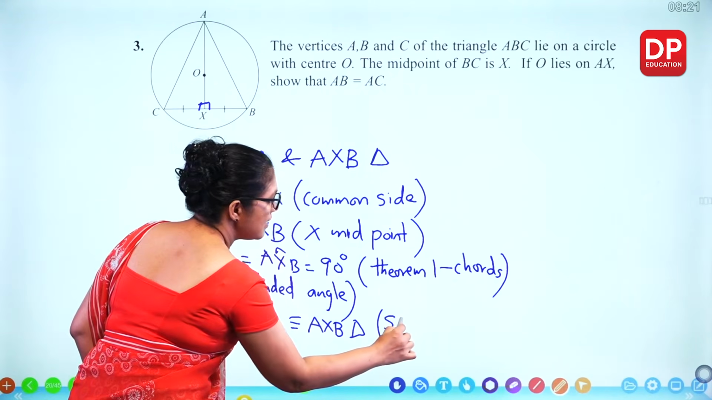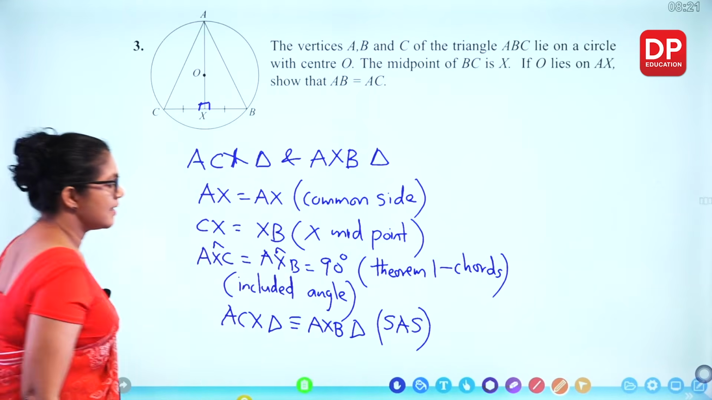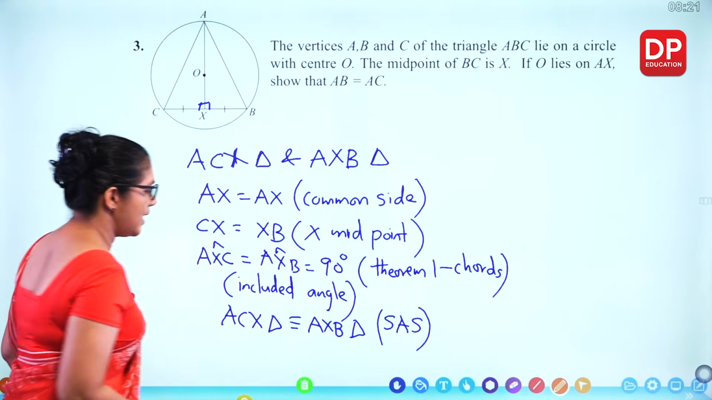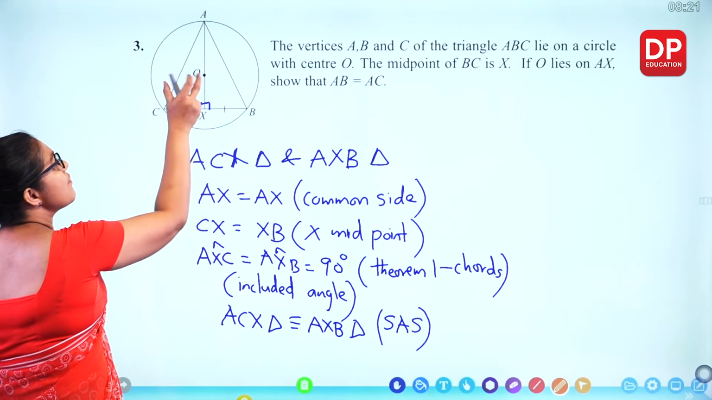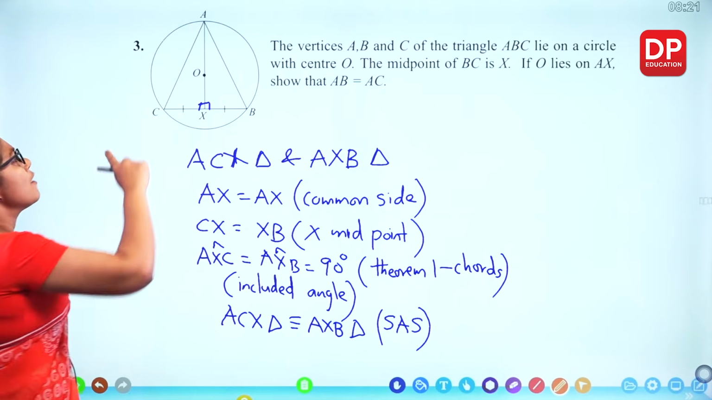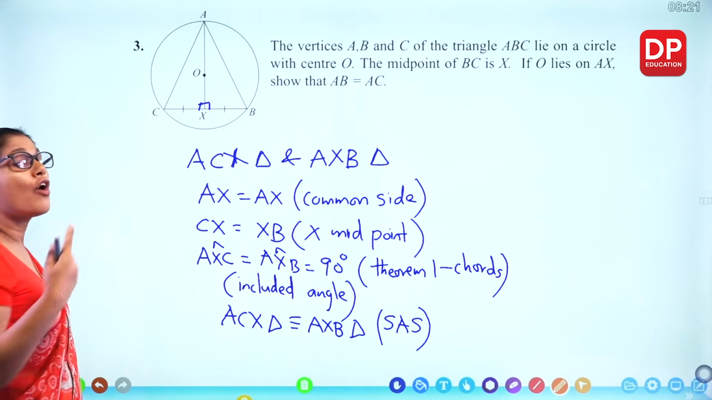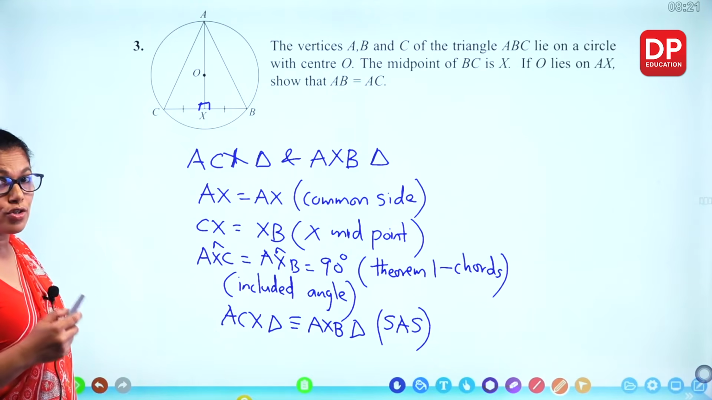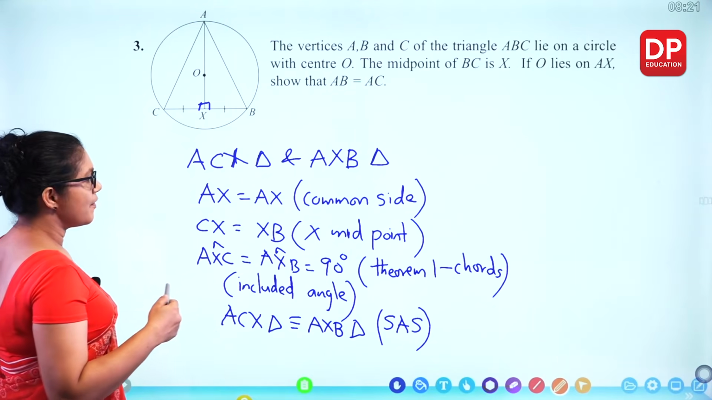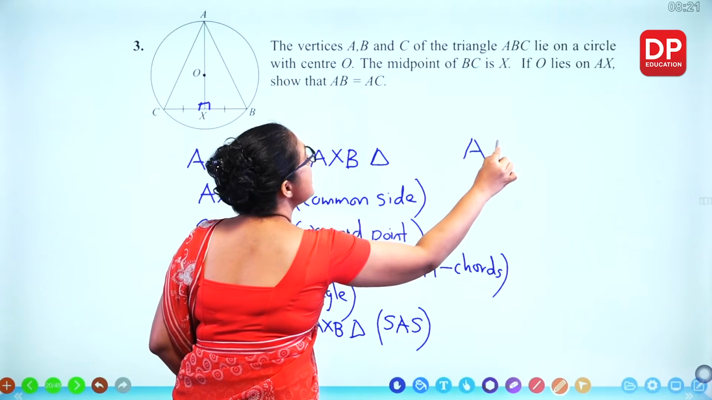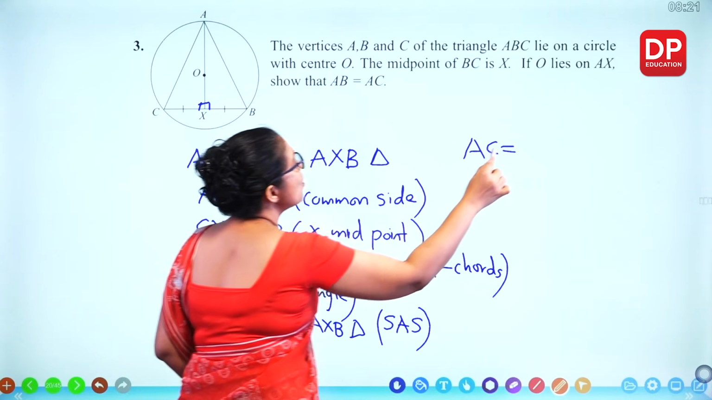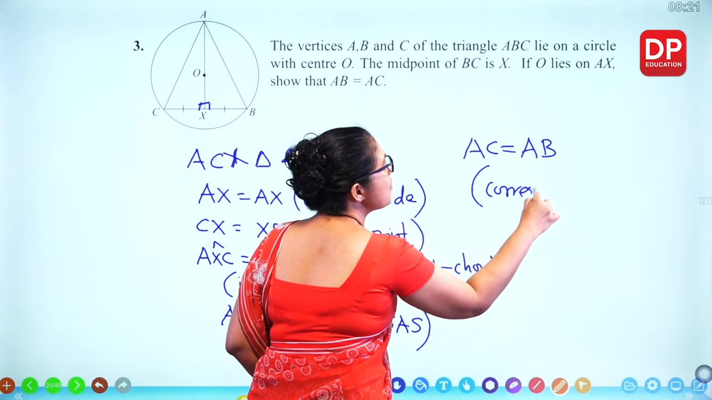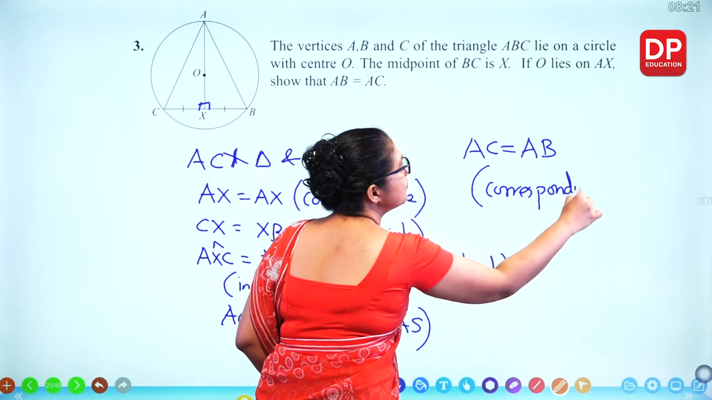Side angle side. The angle is the included angle to these two lengths. So straight away, these two triangles are congruent. What about the corresponding elements? Corresponding elements are also equal. So we can write down AC is equal to AB. What's the reason? Corresponding elements